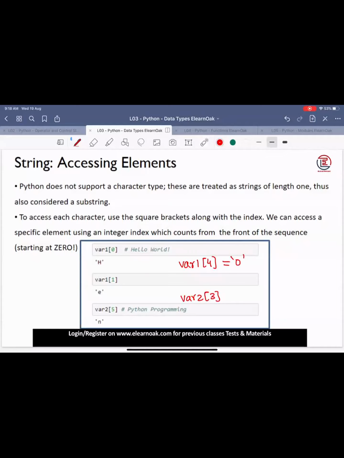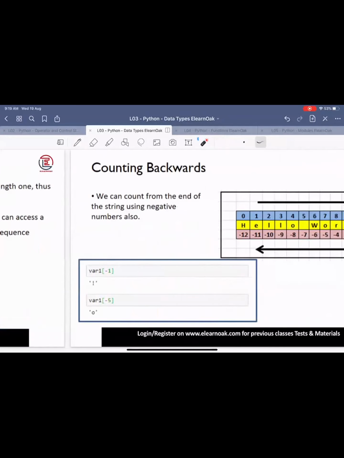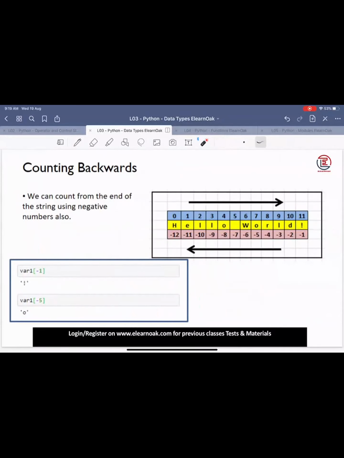Okay, excellent. Many people have answered rightly. This will be H. You see it is 0, 1, 2, 3. So 3 is having the index H. Excellent. Let's go ahead. So within Python, interestingly, we can access the elements in the forward direction by writing 0,